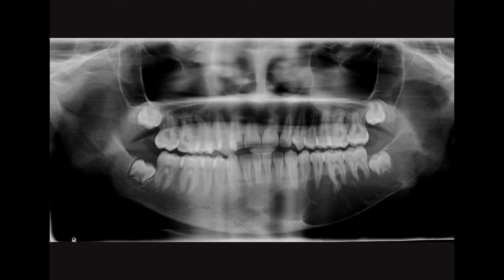Aneurysmal bone cyst. Cause unknown. Associated with other bone diseases. The age is under 30 years old, occurring more in females than in males. The location is within the bone of the maxilla and the mandible. There are no symptoms unless the bone is expanding. Radiographically, it's a multilocular radiolucency, and the treatment is surgical excision, supplemental cryotherapy. The diagnosis process is microscopic.